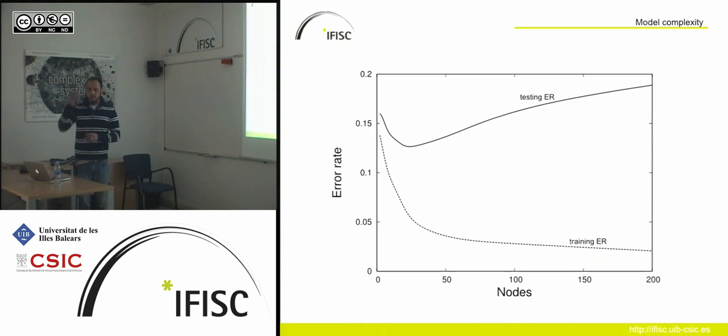And in order to evaluate, we forget about the testing and we use again the same data set. So I am learning how to classify a bottle, and I use this bottle. And when someone asks me, they are going to use the same bottle to ask me. And now I'm going to see how well I learned that. So if I do that, then I just follow this line. In the beginning, when the number of nodes is very small, the error is about 15%. When I start to increase the number of nodes, the error starts to go down. This I'm going to explain a little bit better after I explain the other error.